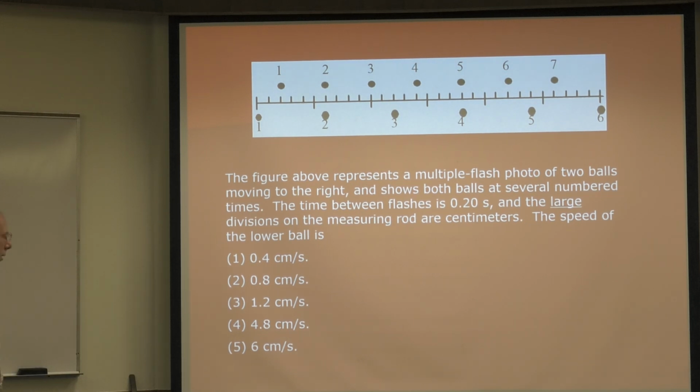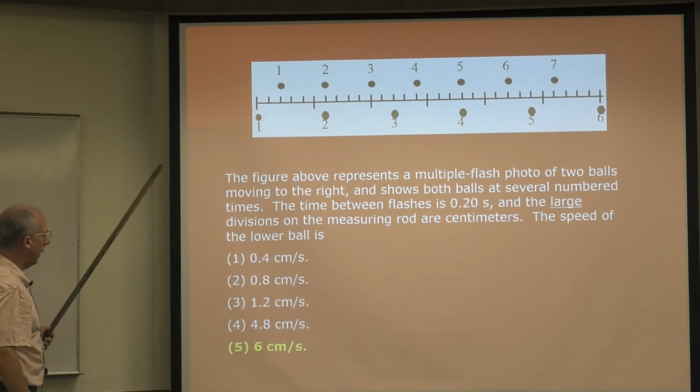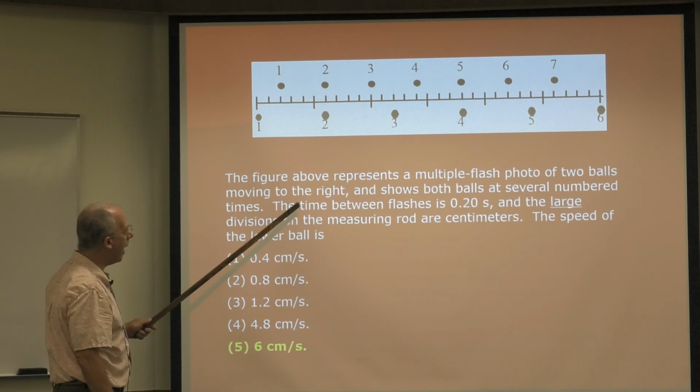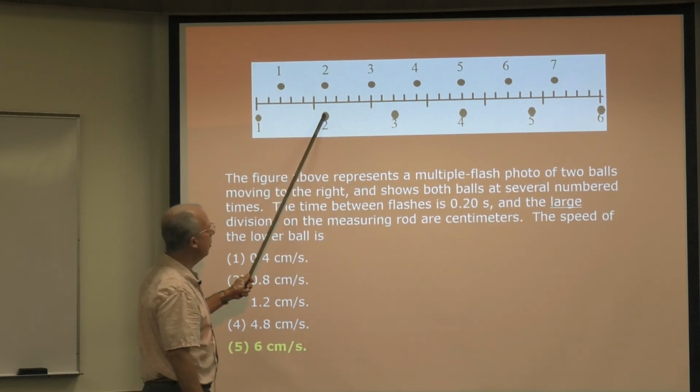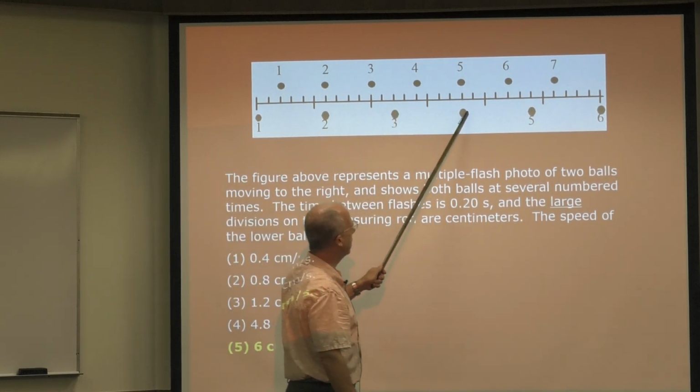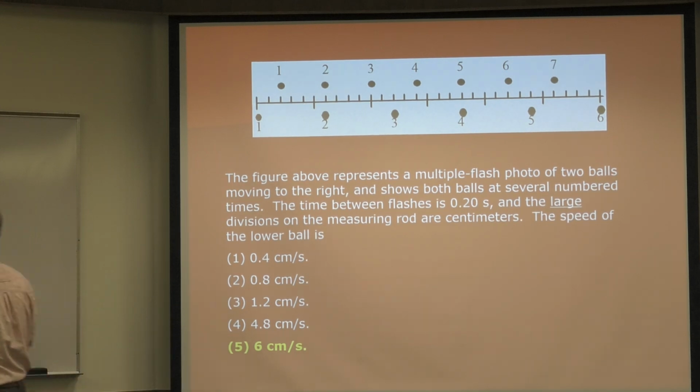Okay, what's the answer? The answer is 6. Now, there's more than one way to figure this out. Let's just do it one way. The time between flashes is 0.2 seconds. So this is 0, 0.2, 0.4, 0.6, 0.8, 1 second. Okay? All right, so speed